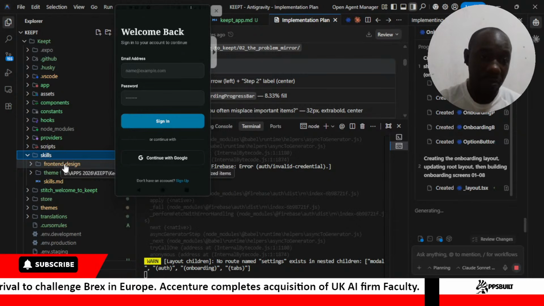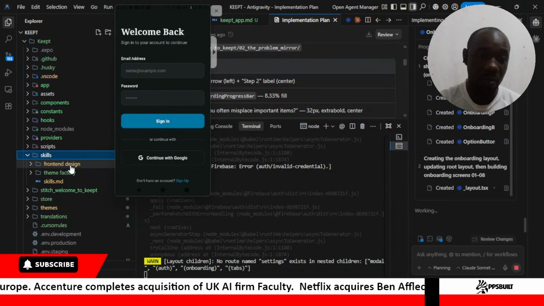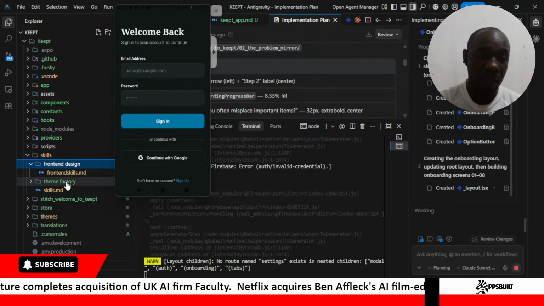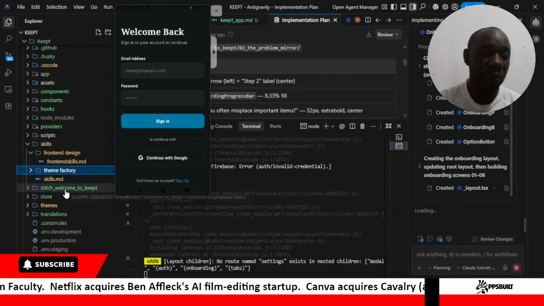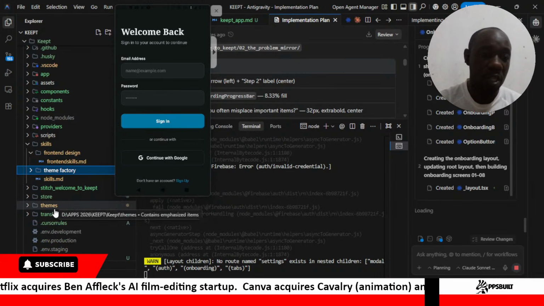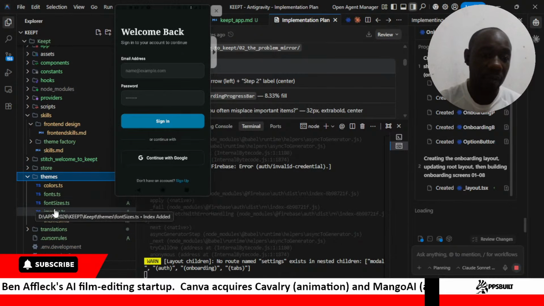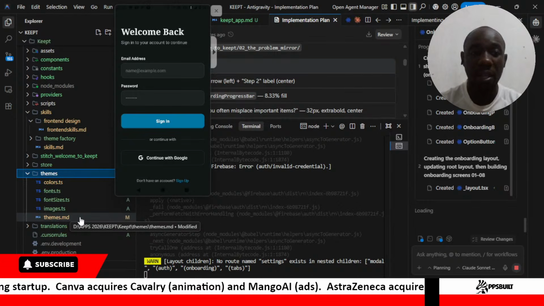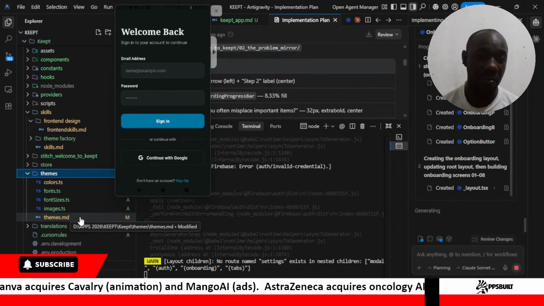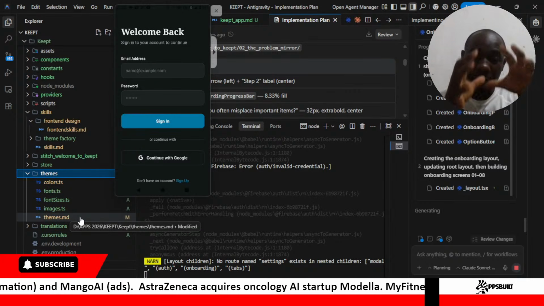We've refined the front end skills from Claude Code, and we've integrated that in our app. We've also integrated the one for the theme factory, and effectively we are using another skill, the themes skill, that details each and everything from the colors, the fonts, font sizes, and the images, and how they are supposed to be laid out in our app.